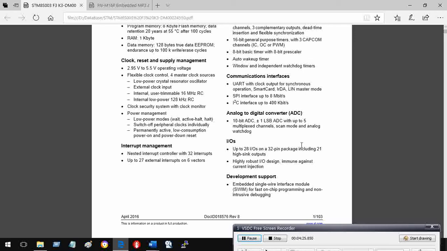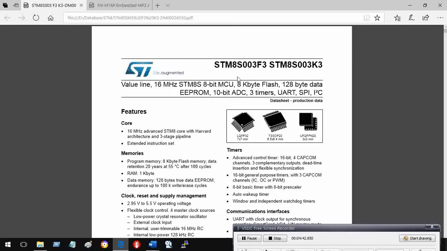We only need 10 IOs. In fact 8 IOs plus 2 pins for UART, that's all we want, and so it is not an issue. So we can go for this device, the STM8S003 device, and its 20-pin version.